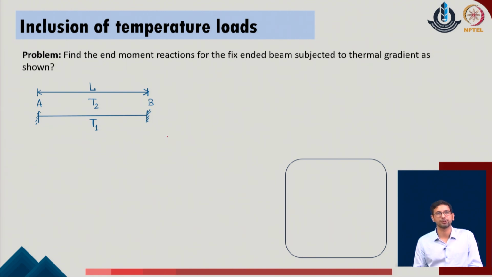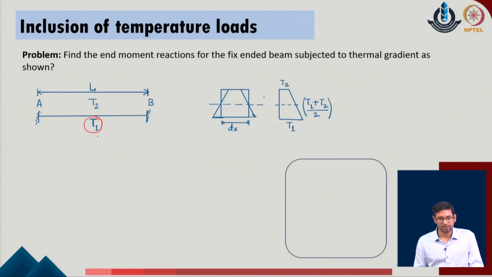Now, as a first case, we start with the inclusion of the temperature loads on the given system. We have a given system where we consider a simple beam which is a fixed-ended beam on both ends, and the system is subjected to some temperature gradient, which is T1 at the bottom of the system, reaching T2 at the top of the given problem. One can consider this as a simple criterion where the cross section of the system is defined, and on the cross section at the bottom we have a temperature of T1 and at the top the temperature reaches the T2 value. In between, the temperature gradient is defined to vary linearly for the given problem.